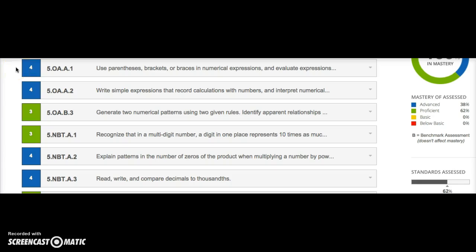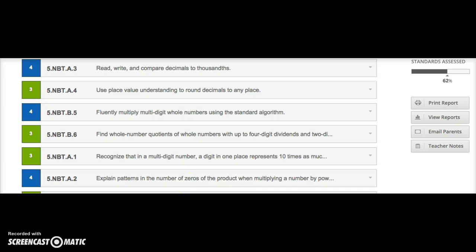And then what we're going to do is scroll down to this section where you see these options: print report, view reports, email parents, and teacher notes. You want to click on print report. I might go ahead and add that this is the way that if you have a student that moves and you are supposed to give your school secretary their most up-to-date grades, this is also the same thing you would do for that. You would be on that particular student and do this same process. Again, we're using this process to look at the dates to make sure that our dates are all correct in our tracker. You click on print reports,